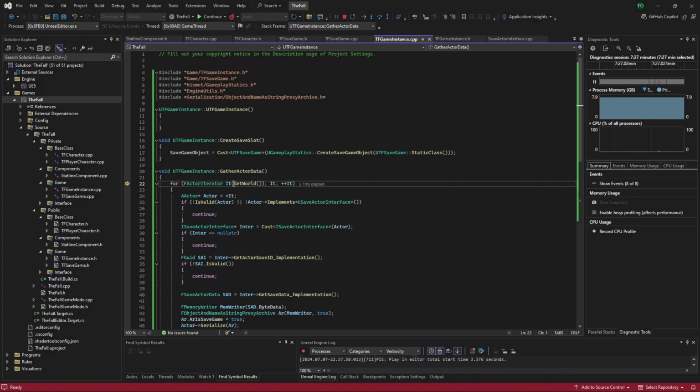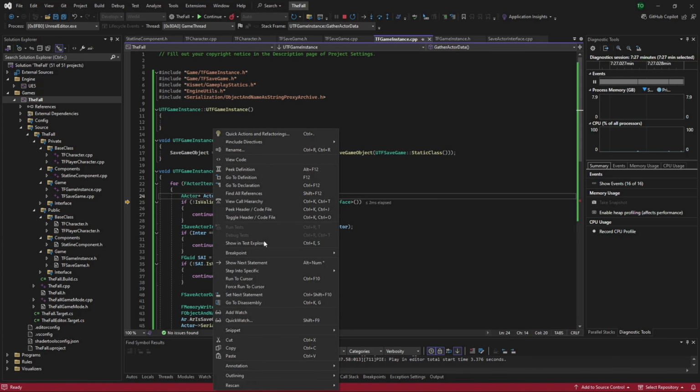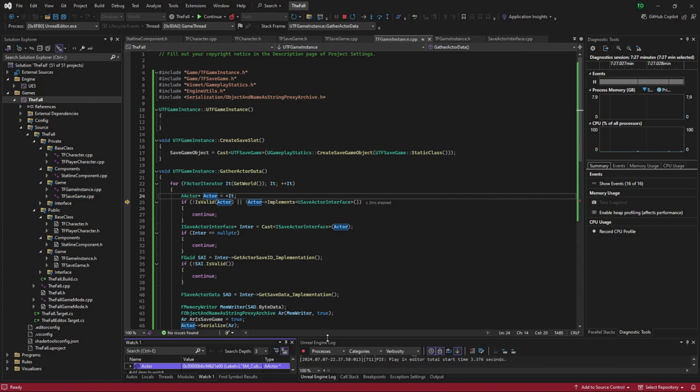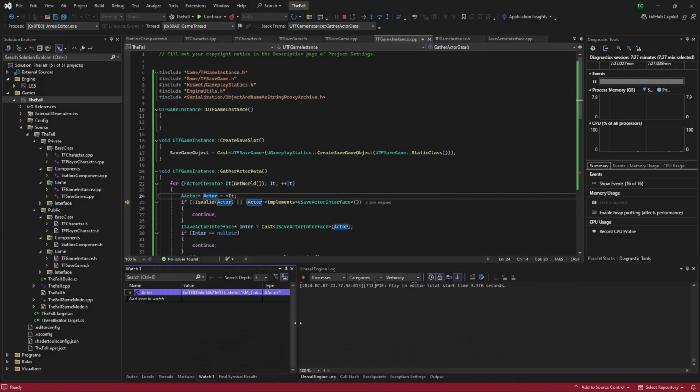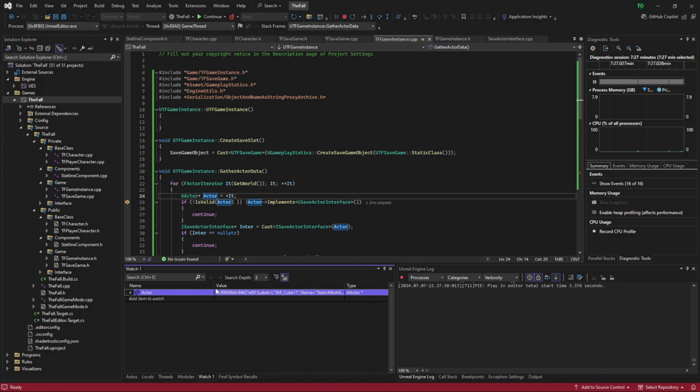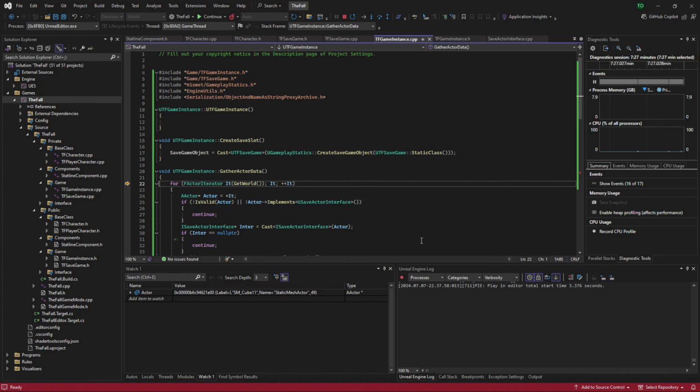So for f-actor iterator get world, we'll just step through some of these. So the actor here is world info. If it's valid or it doesn't implement that, skip over it. It's a brush. It's a cube. Actually, let's add a watcher so we can make going through this a little easier. So we're just going to step through. It's cube 4,